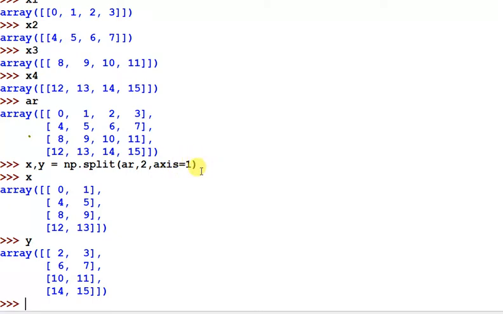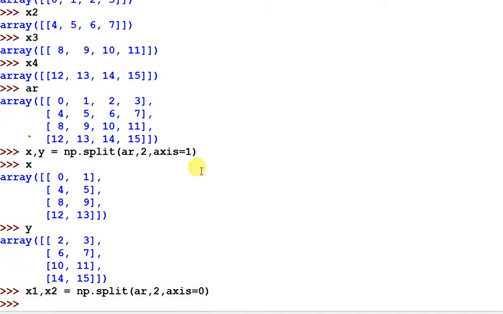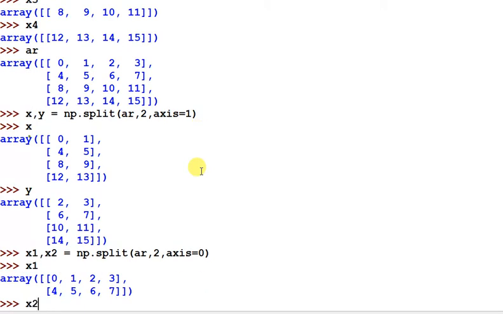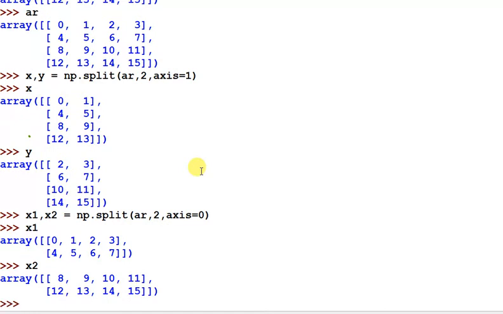And suppose you want x1 and x2, you want to divide your arrays into vertical subsets. So x1, x2 and then you pass np.split and array comma 2 and axis 0, so it will divide into vertical subsets, that is rows. So in x1 you get the first two rows, and in x2 you get the remaining two rows.